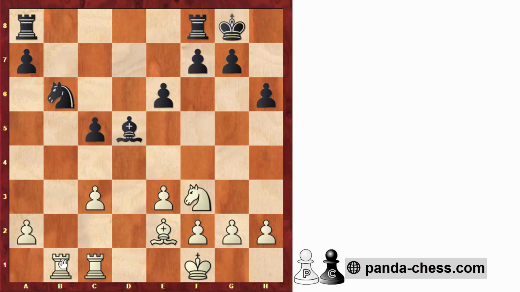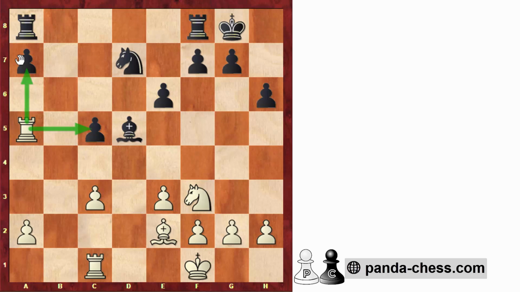Now we see the idea of the rook on b1, rook to b5, attacking the pawn on c5. Here black went knight to d7, protecting the pawn. If black takes on a2 after c4, this bishop is going to get trapped after rook to b2. So black went knight to d7, and after rook to a5, we can already see how white is the one